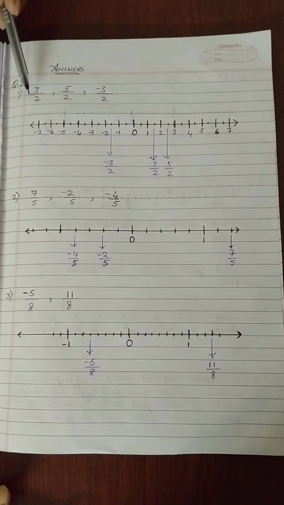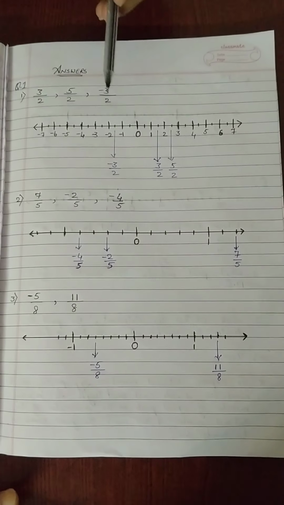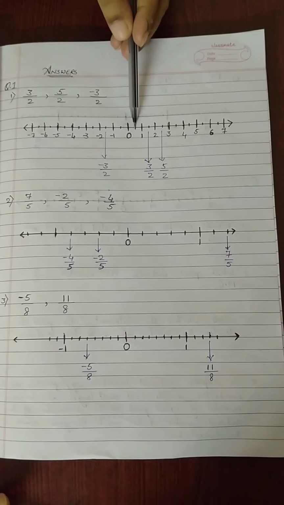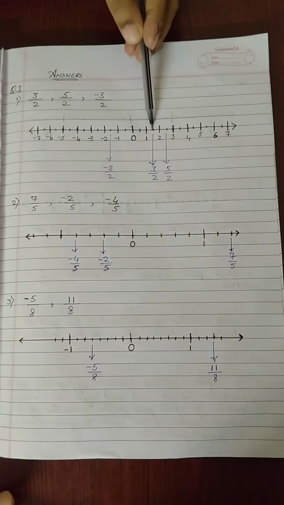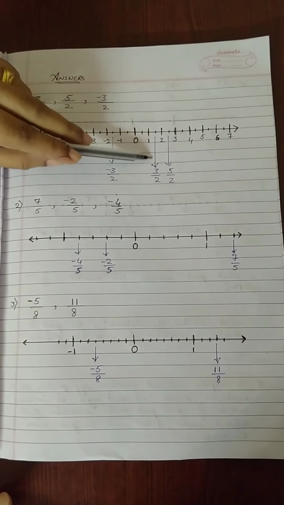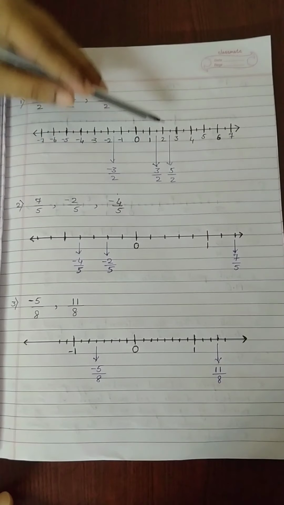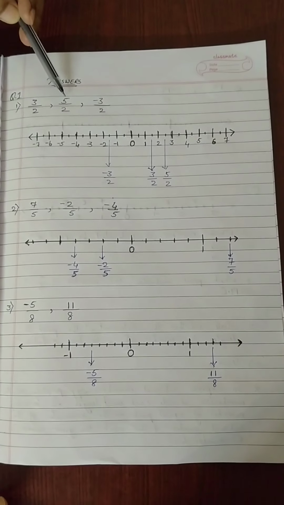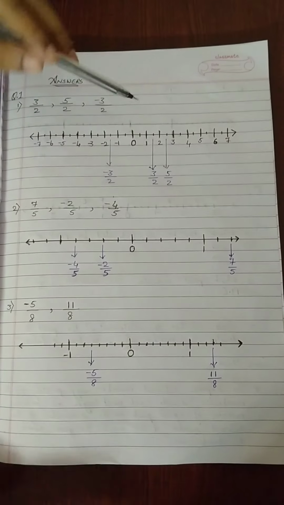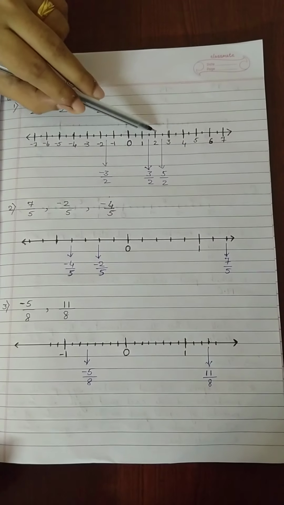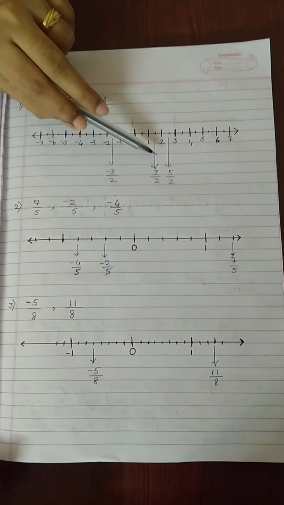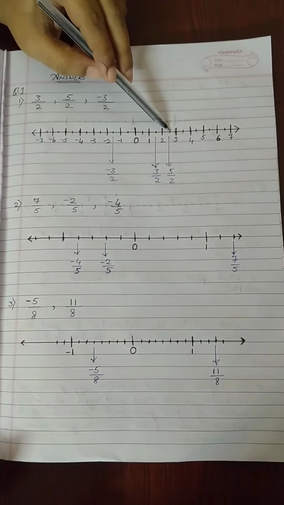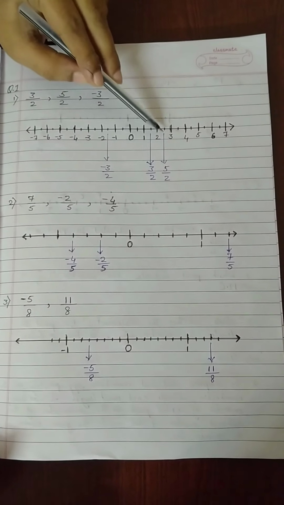Now we have to find 3 by 2 on the number line. So 3 by 2 is a positive number, correct? So now after 0, this is 1 by 2, 2 by 2 and 3 by 2. So here it is 3 by 2. This is 4 by 2 and 5 by 2. So now next is 5 by 2. We have to find 5 by 2, that is after 2. This 2 indicates 4 by 2 as a rational number. So after 4 by 2, here is the 5 by 2. I hope you have cleared.